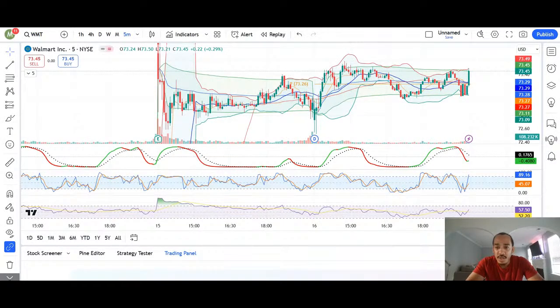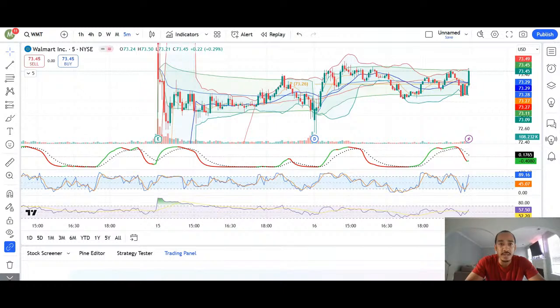So I went over to VWAP, volume, stochastic, RSI. This is gonna be the last one, and I love the RSI. So the RSI, let me make sure y'all can see this. The RSI also shows you overbought or oversold. You got a purple line and a yellow line. When they cross each other, that shows a change in direction.